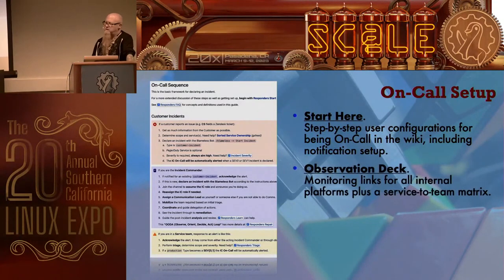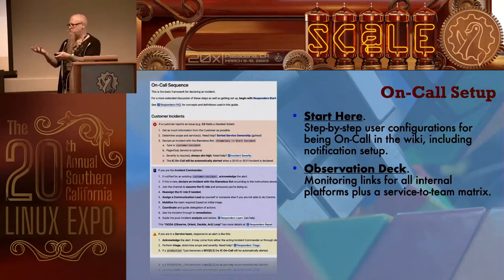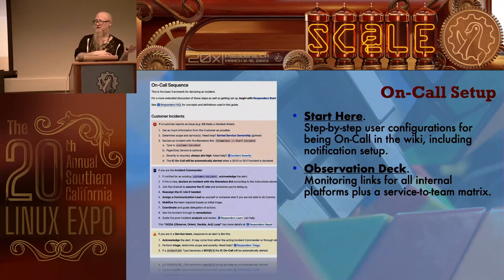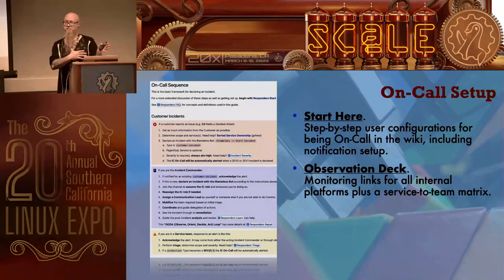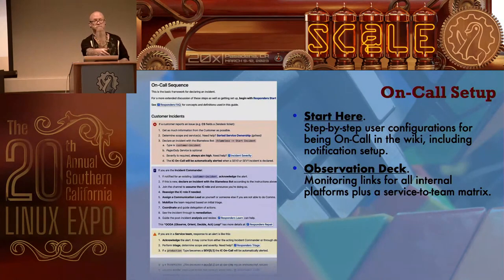Another thing that we put in the wiki was an easy way to get to observability. We had a lot of different observability platforms, and I don't say it was a mess because we were unifying on one platform, but we had some of our logs on the other one still, and that isn't where the database metrics were, and that isn't where the security stuff was. We had to get directly onto the RabbitMQ dashboard to see those, and it was kind of confusing, so we put all that into one place in one cheat sheet so that everyone had the same jumping off point.